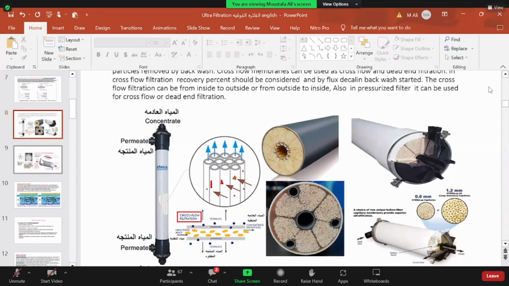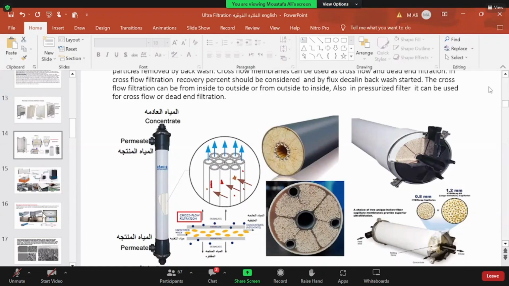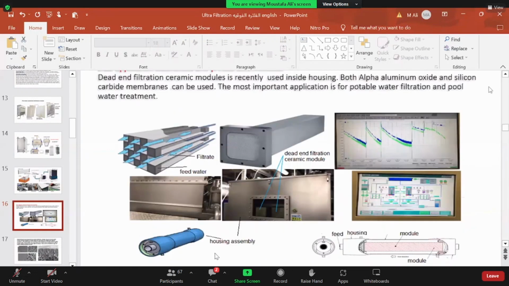The other type is the pressurized ceramic modules. The pressurized ceramic modules can be mounted inside the housing, or inside another type of housing, as we see. This is an enclosure. This is standard housing. Two types of